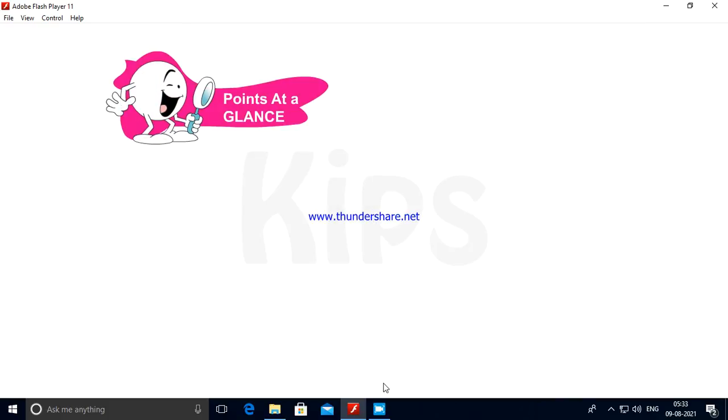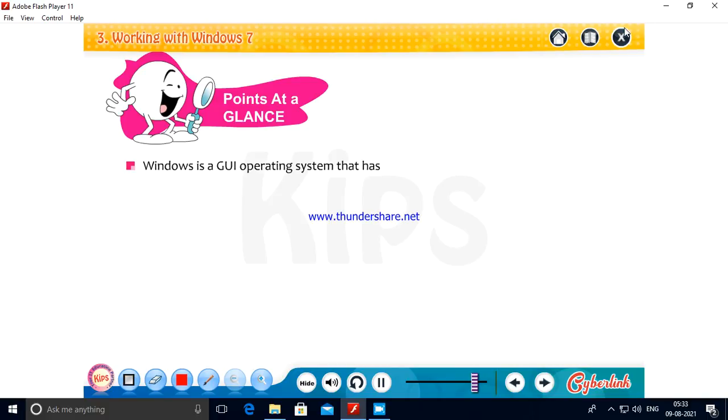Let us quickly glance through the key points discussed in this chapter. Windows is a GUI operating system that has a graphical